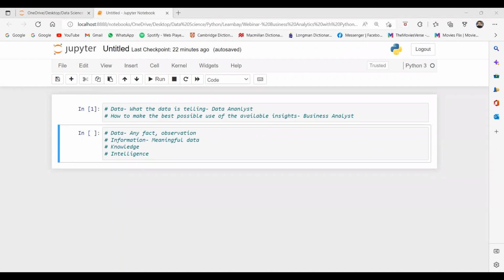Then he will contact his IT team, maybe the software developers, and tell them, I have a client and these requirements should be fulfilled. Then he will be continuously taking follow-ups and having meetings with them. Once the application is ready, he will test whether all the requirements are being fulfilled or not.